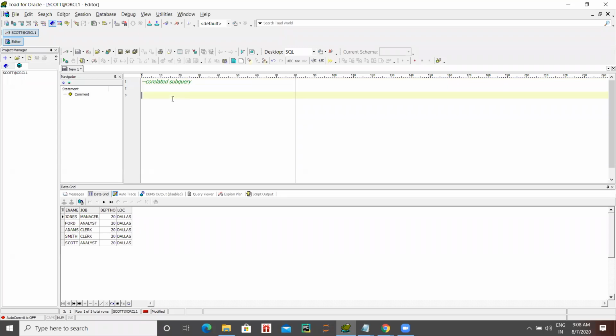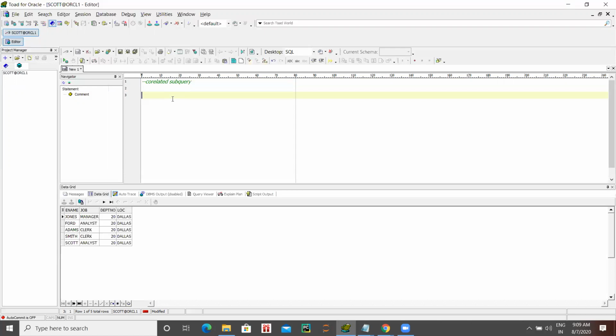So basically, you understood the subquery. Subquery means what? It will fetch that query inside the query. It will give the output. Then from that output, the outer query will give the result. But in case of a correlated subquery, what will happen?